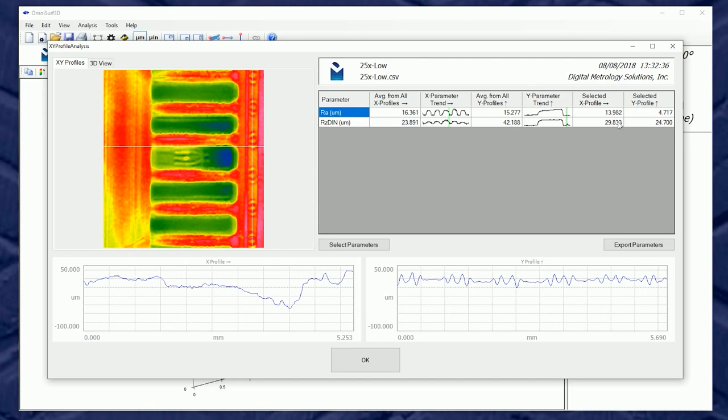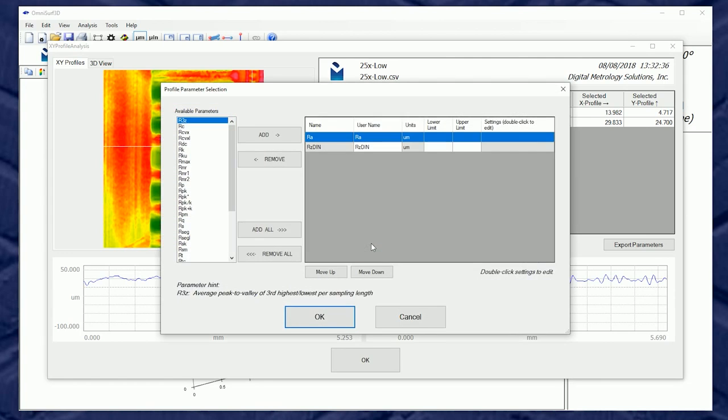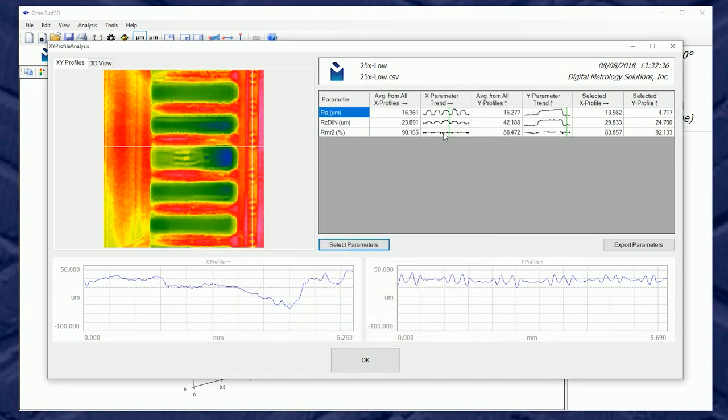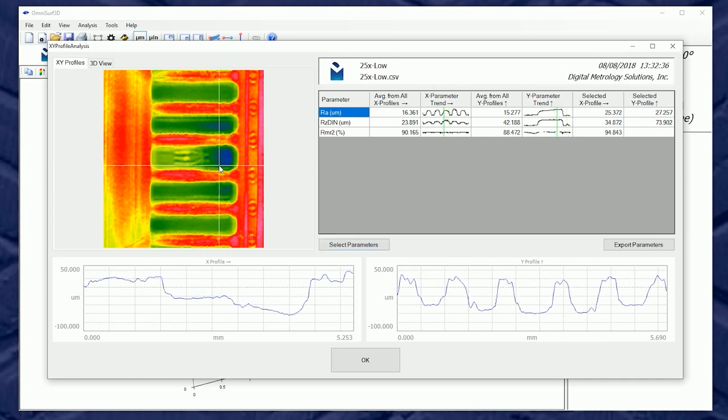So as always, we can see the individual roughness values and we can export these things, but let's see one other feature of this. If I look at a parameter, for example, Rmr2 from the Sk family, we'll see that its spark lines are quite flat. In fact, it even disappears in a few areas right in here where there is no Rmr2 value because the